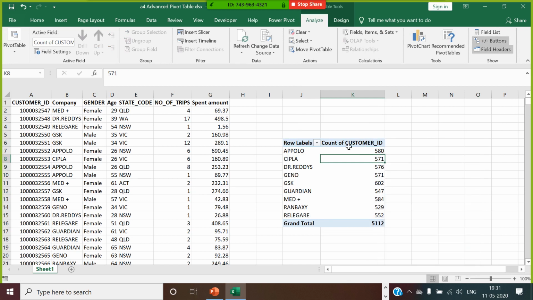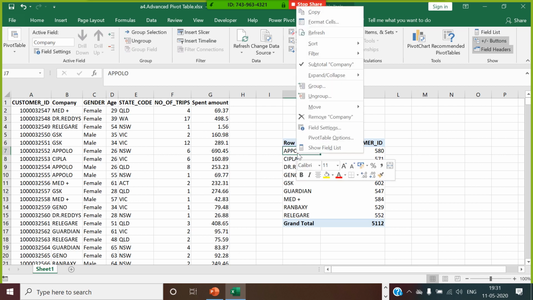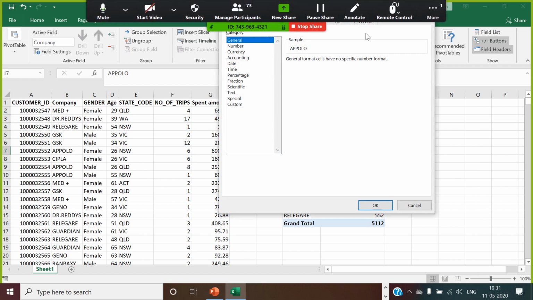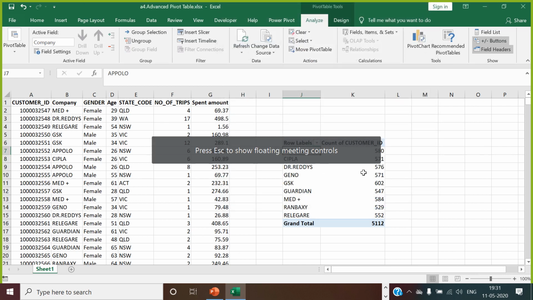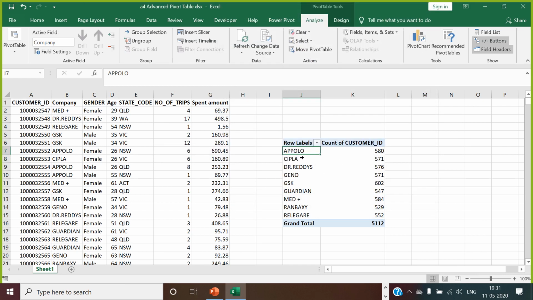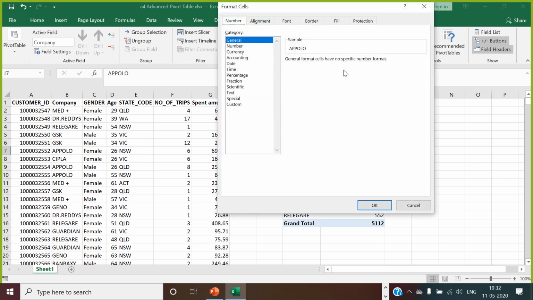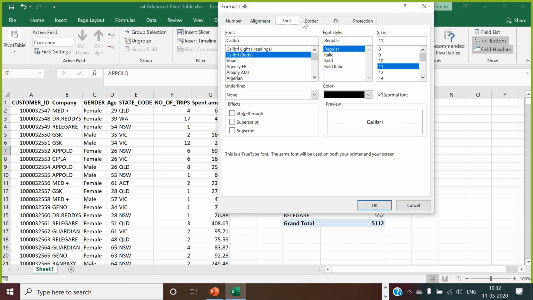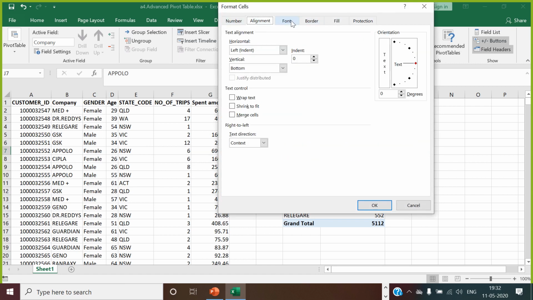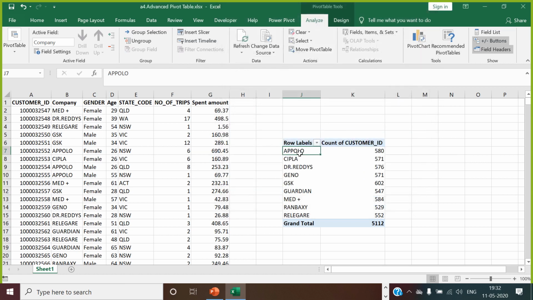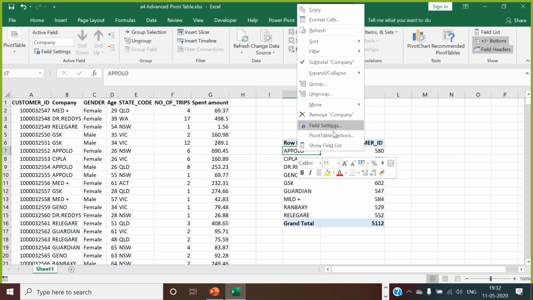The very important thing I'll do here, guys, if you go to this and do a format cell, in the format cell, if you right click on this and say format cell, you will always have number, alignment, font, border, fill and protection coming. If it is a character field, you can always choose to go to format cell.